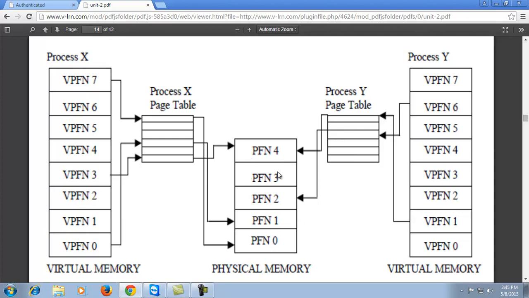In the same manner, on the left side in process X, there are a lot of virtual page numbers which want to be accessed through the process table, which is the index or offset of these virtual page numbers, and that references the physical memory where the data is located and from where it gets support for displaying or accessing the content. I think this is clear.